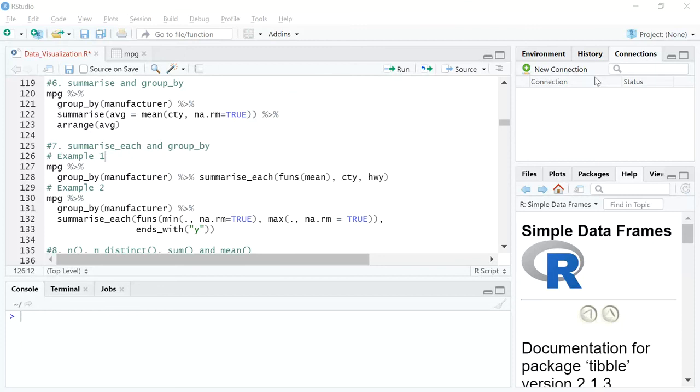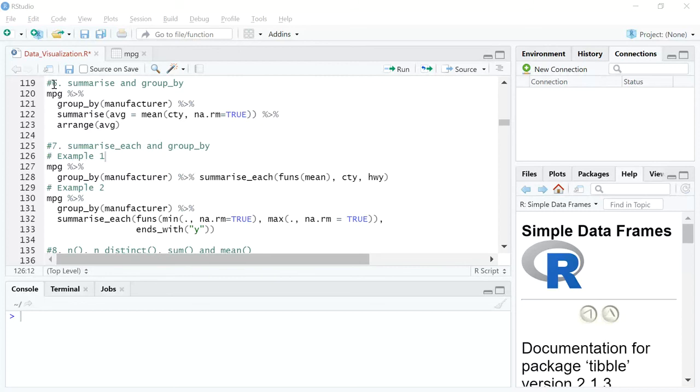In the previous video, we introduced the dplyr package and we looked at functions like select, filter, arrange, and mutate. In this video, we'll be specifically looking at the summarize and summarize each function, followed by a few ancillary functions like group by, distinct, sum, and mean. Now, the interesting part is this is potentially going to be a very important video for the dplyr package because today we'll be looking at the summarize function, right? So let's get into it.